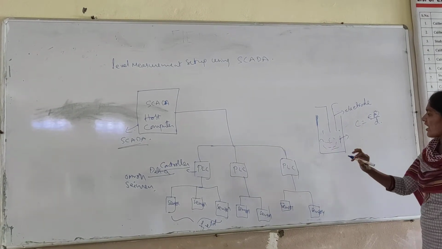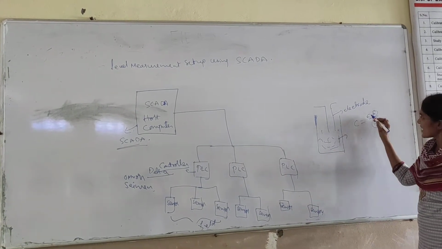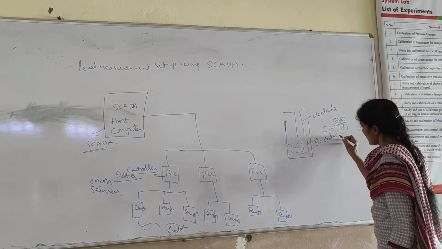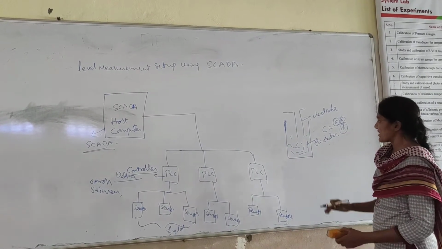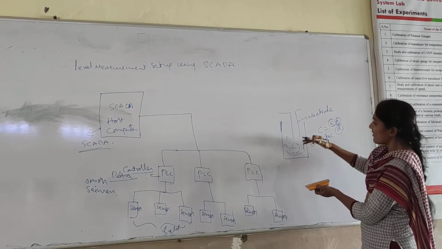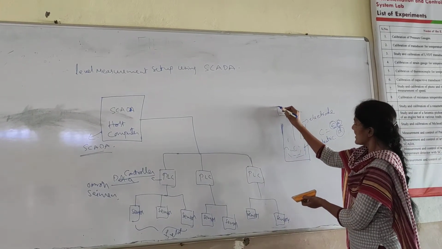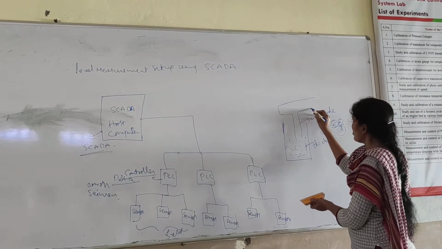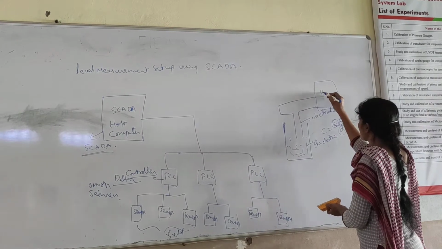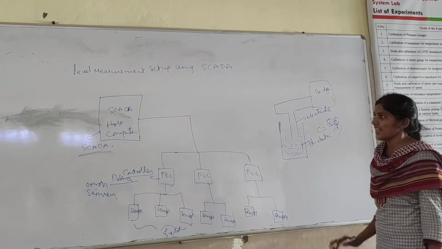But here we will not consider the distance between the two plates as well as the area. We are considering the epsilon. Epsilon is the dielectric medium. So this is the manual process. When the dielectric medium changes, that means when the level is changing, then with respect to the level, the capacitance of the two capacitor plates will change. Then the change in capacitance is converted into voltage by using the bridge circuit. So this is the actual measurement process of a level.